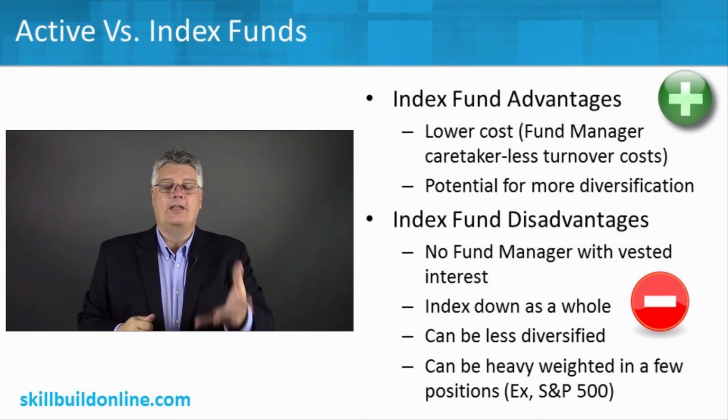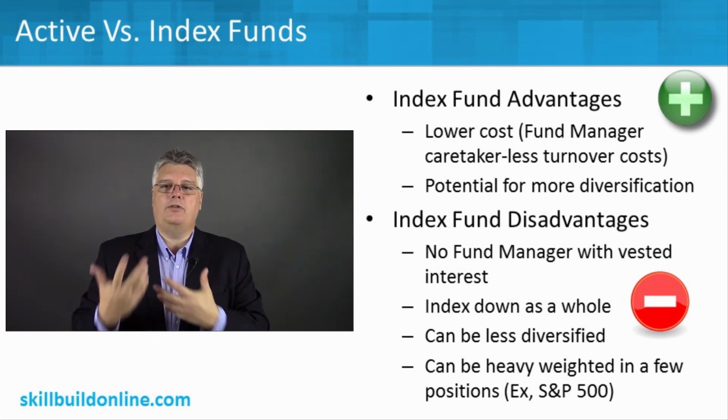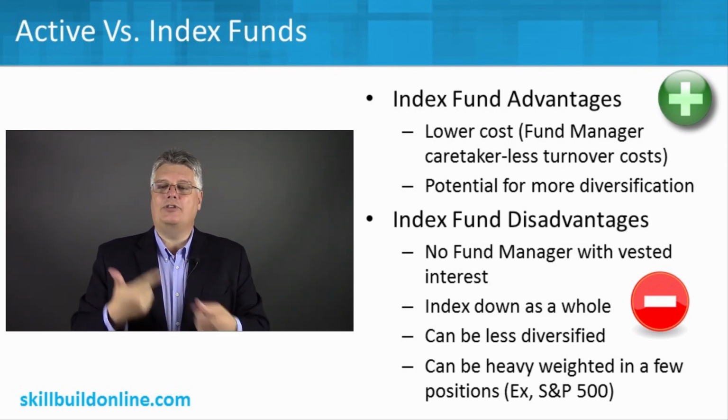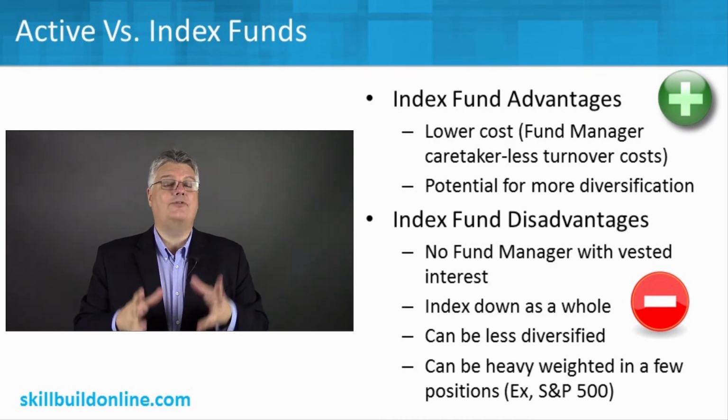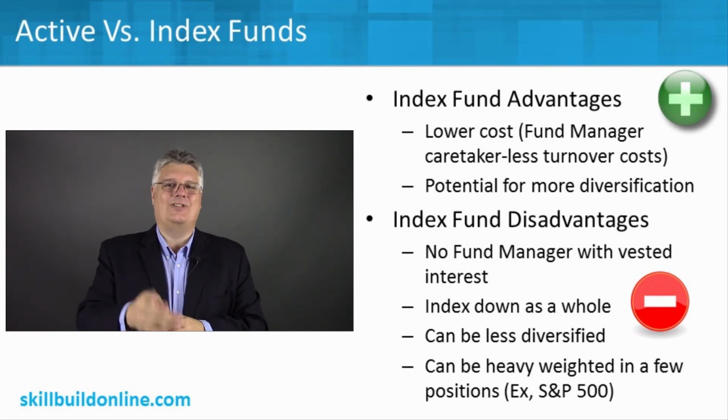So index funds have some great advantages and are very much in vogue versus actively managed funds, which have been struggling. If you look at the overall numbers, index funds historically have been consistently beating actively managed funds. Those few actively managed funds that do well might eke out a little bit better returns, but it's a lot harder to do with all the costs they have. So now there's been a new hybrid that has come out, which is ETFs, or exchange traded funds, which are kind of like index funds, but not really. So let's take a look at those.